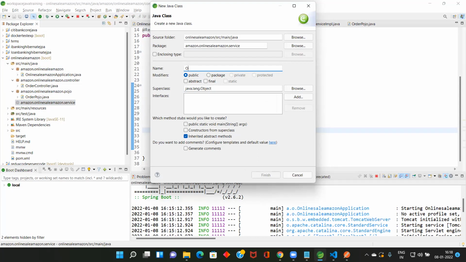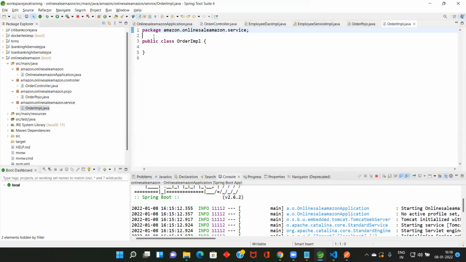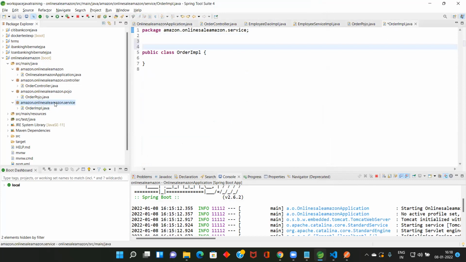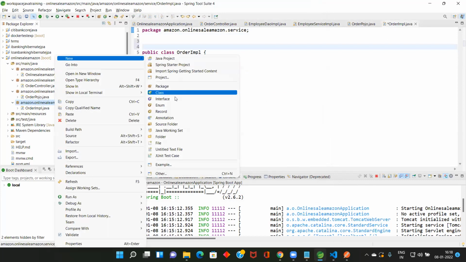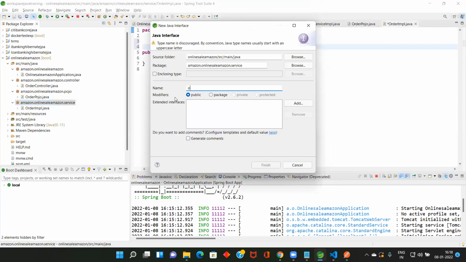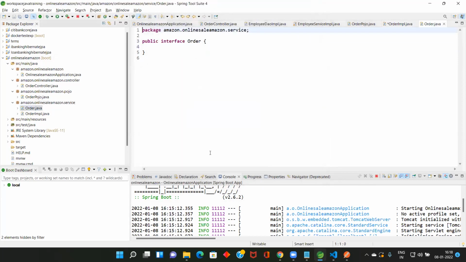Order service impl, finish. Before that, let me create one interface. It is always better to have an interface. So I'm going to create an interface called Order.